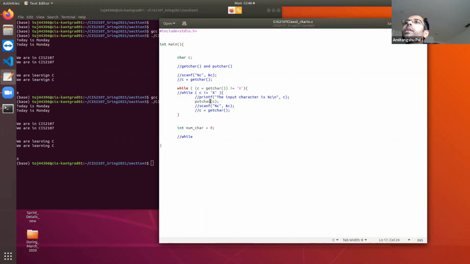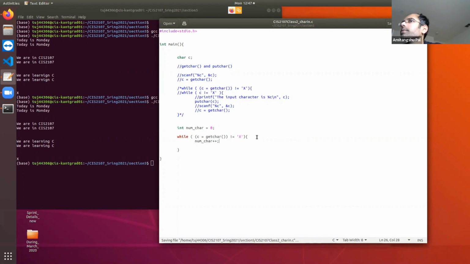All right. Okay. So now let's enhance this program to count the number of characters that we have entered. Let's come to the next part. So the number of characters is initialized to 0. Now I write while c equal to getchar not equal to the exit character, you are going to increment the number of characters.